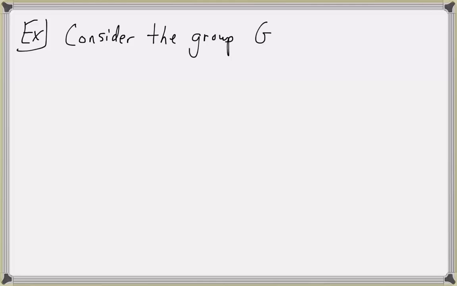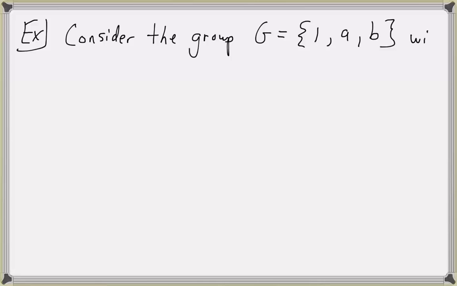Next, we will explore the notion of when two groups are essentially the same. So this means these two groups have the same group structure. So we'll describe this more precisely in a minute, but let's give an example first of two groups that are essentially the same. So consider the group called G, and it has three elements, an identity and then two other elements, A and B,